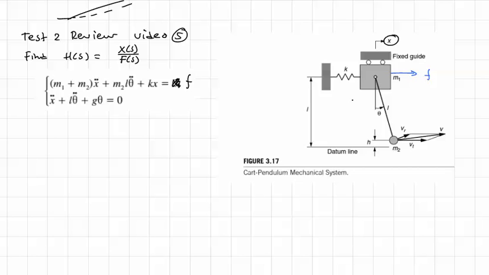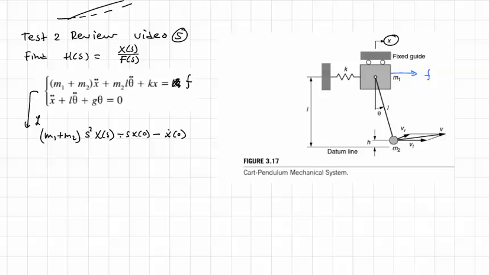So our task is to write a transfer function. To do that, we're going to take the Laplace transform of each of these equations. We'll start with the top one, m1 plus m2, and take the Laplace transform of x double dot, which gives us s squared X(s). There are initial conditions that would normally be considered, like minus s x(0) minus x dot(0). However,